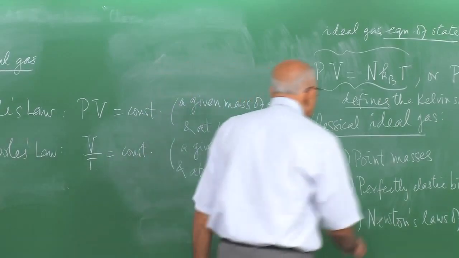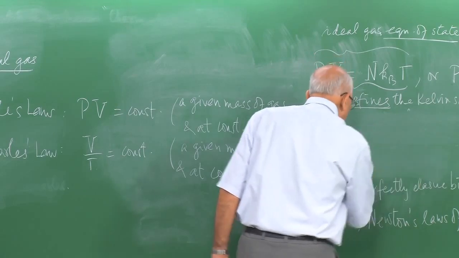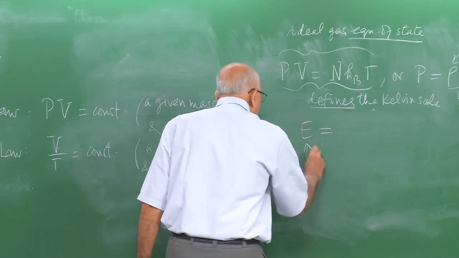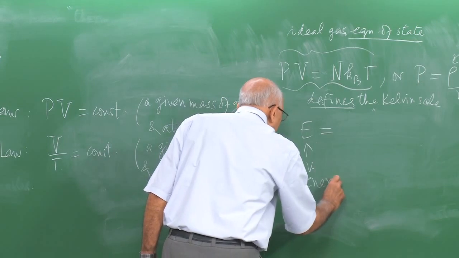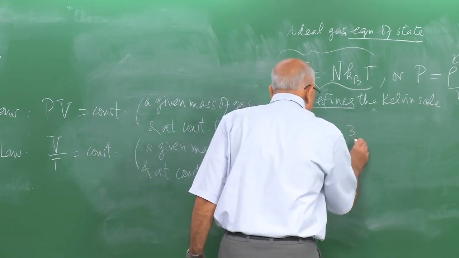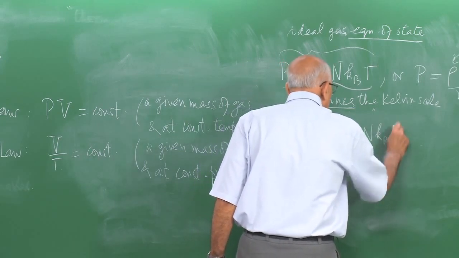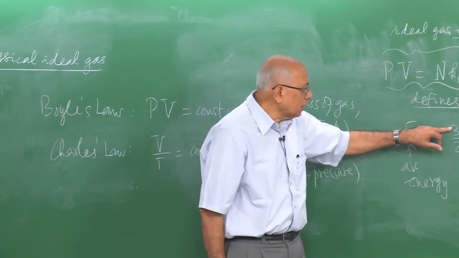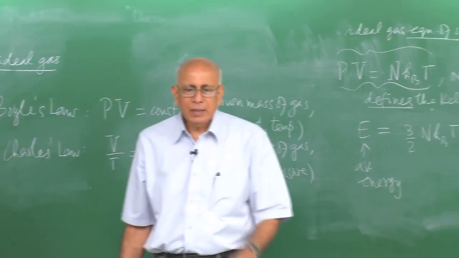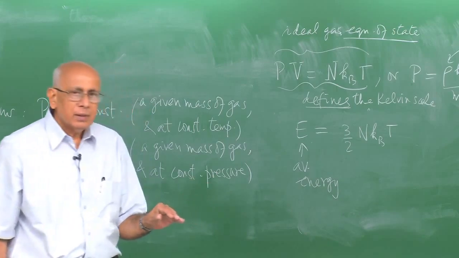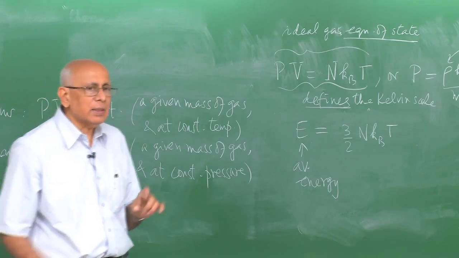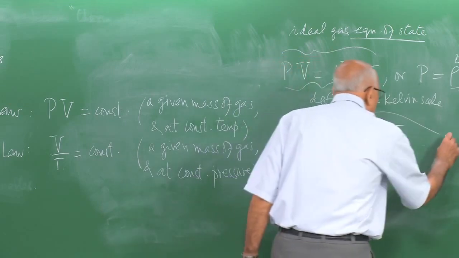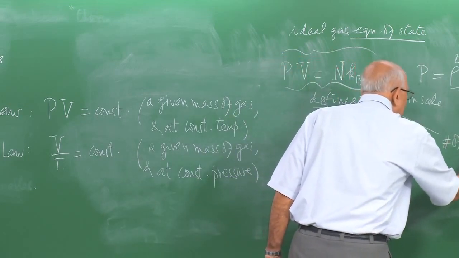And the average energy of the system, let me write this down, for the same ideal gas, it is very important to write this down here, the average energy is three halves n k Boltzmann T. The 3 reflects the fact that the molecules are moving in 3 dimensions. The 2 is a little more subtle. It arises from the fact that the relation between the kinetic energy and the momentum of each particle is a quadratic relationship. So, let me just make these statements without justifying them further. This is the number of space dimensions,